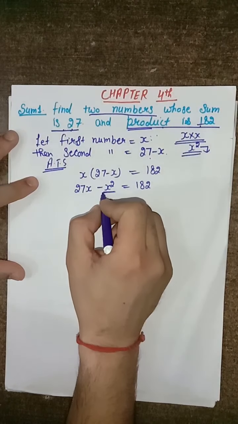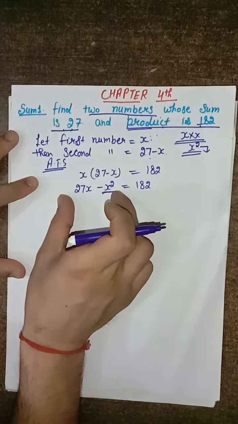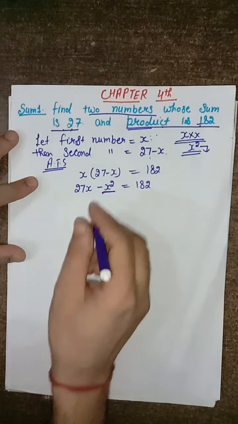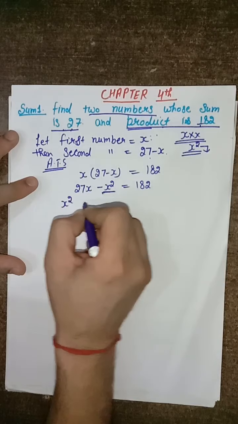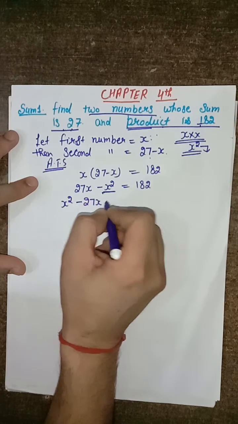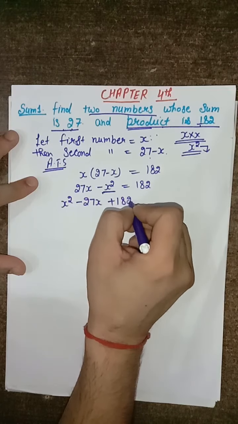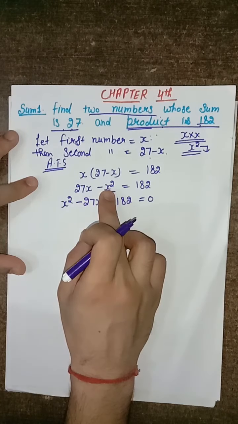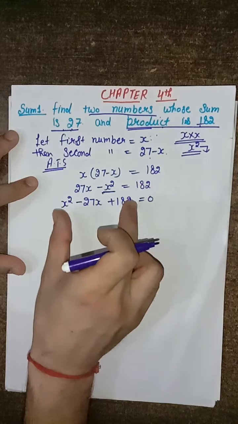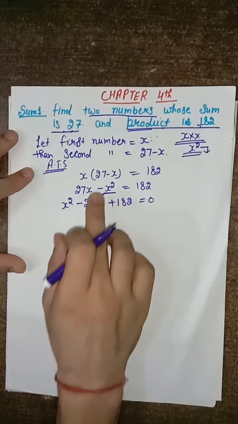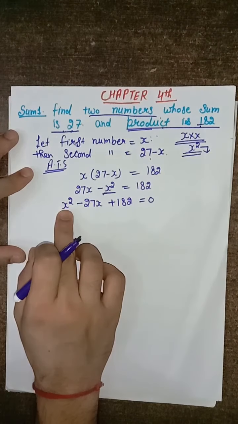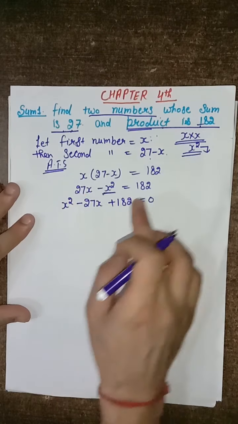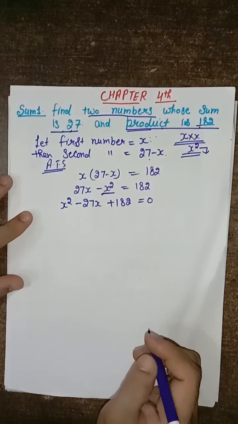To make this x square positive, we will take 27x minus x square to the right side, and it will become x square minus 27x plus 182 equals 0. When 27x minus x square goes to the right-hand side, the symbols change. So minus x square will be x square, plus 27x will be minus 27x, and 182 as it is. Now